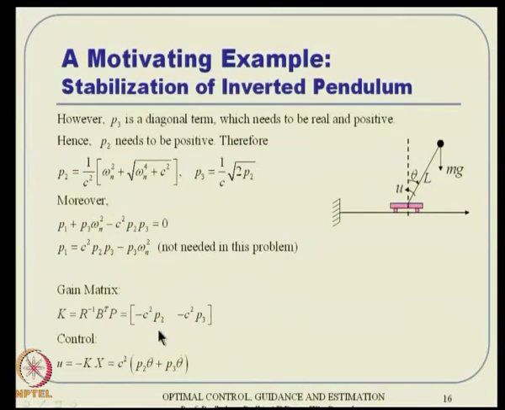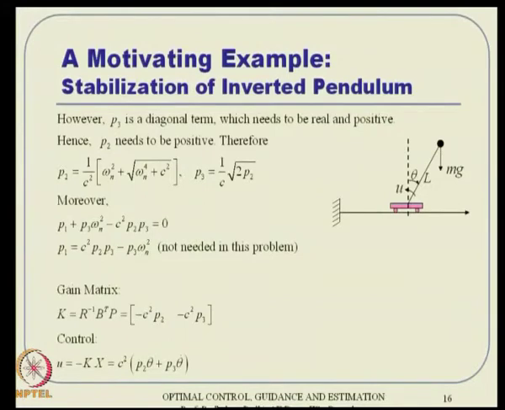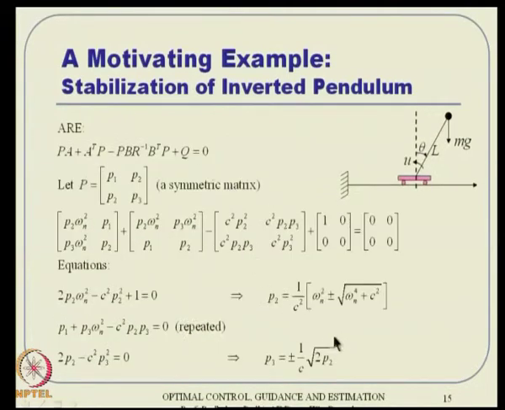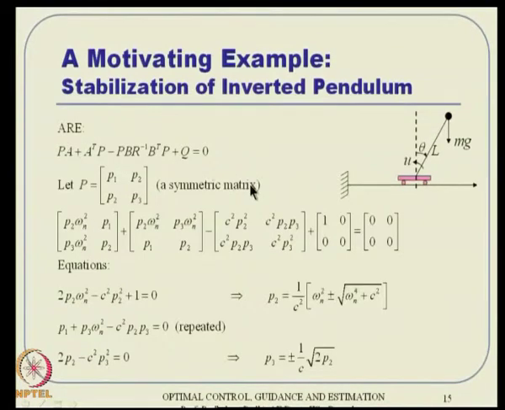Right. So what happens is P 3 needs to be positive. Now there is an ambiguity here. Remember P 3 is a diagonal element, so we are better off selecting the positive element. We talk about something like a plus or minus term, but we will select P 3 as a positive term actually. Once you take P 3 as a positive term,